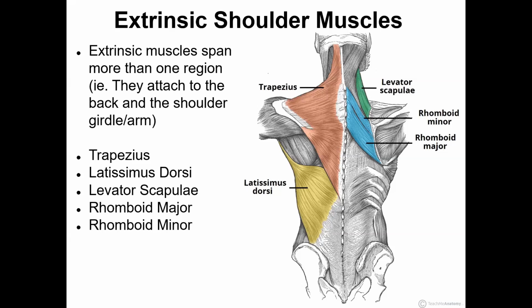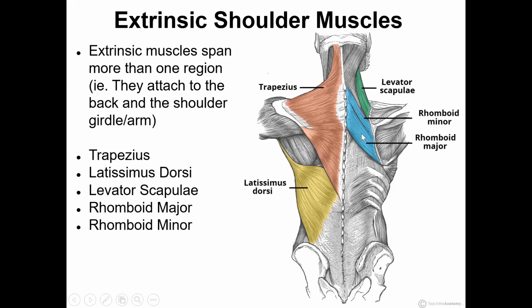The extrinsic ones are the trapezius muscle, this large sort of diamond-shaped or triangular-shaped muscle here. It's one of the more superficial ones. We see this right underneath the skin. The latissimus dorsi muscle, which is really located along the flank. And then we've got the levator scapulae, which helps to elevate the scapula, right? Think about actions like extending the head, pushing the head all the way back. And then the rhomboids, minor and major, help with adduction, as well as some medial rotation or rotating downward of